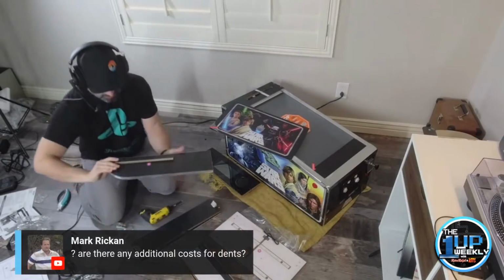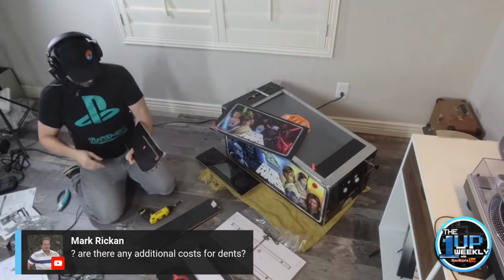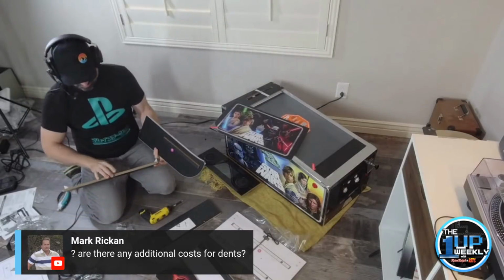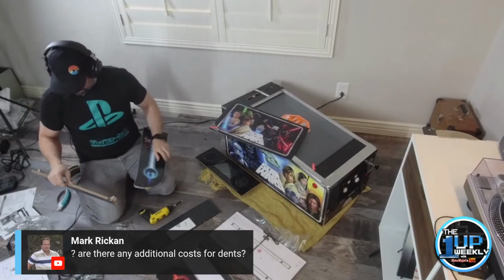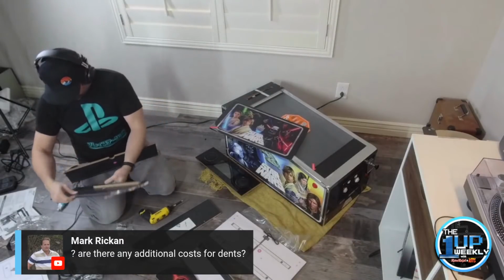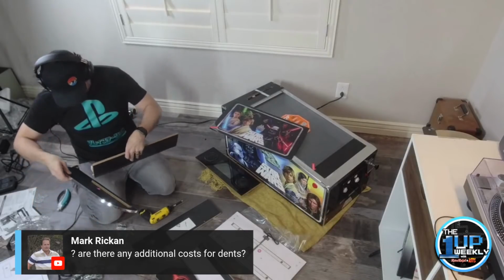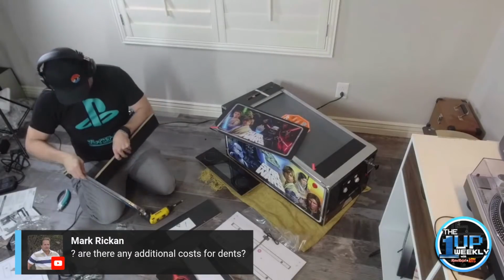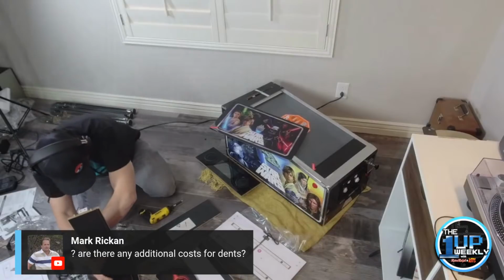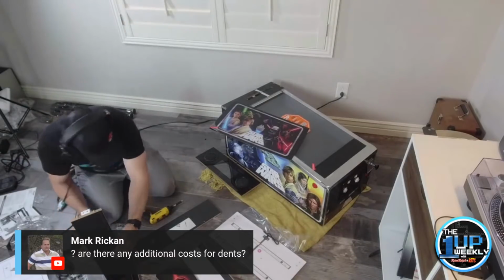So, we got a question from Mark. He says, is there any additional cost for the dents? Okay, it's just a joke. I'm going to read a question. Well, the good thing is that this is happening to me as a demo unit, not the full production one. Hopefully, I'm going to imagine, like with anything else, this could happen if they're rough with stuff, but that looks like a really big blow. Like that side, I saw it and I was like, I hope that doesn't mean there's going to be damage,